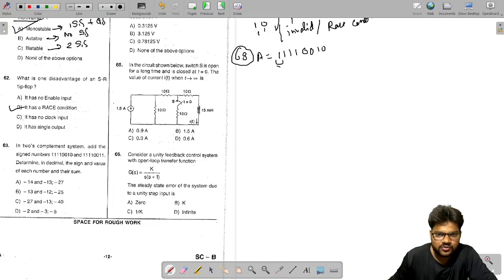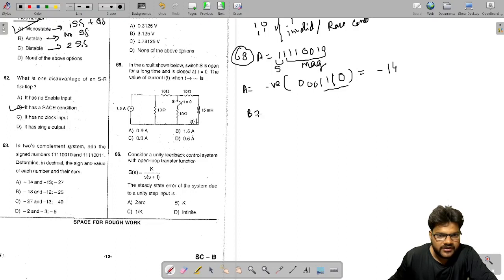The first bit has to be the sign bit and all the remaining bits are magnitude bits. Since the sign bit is 1, this number has to be negative, and we will calculate the magnitude. Since it is in 2's complement, we will take its 2's complement again and find the original number. So let's find its 2's complement. After the first 1 from the right, all the bits will be complemented, so it becomes 1110, which is 14. So A we found as minus 14.